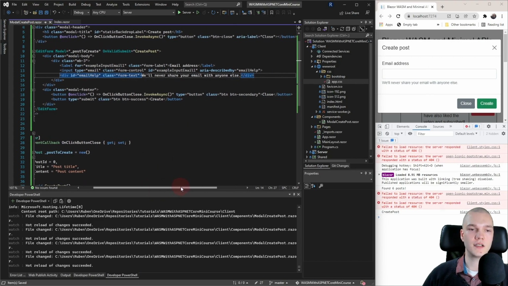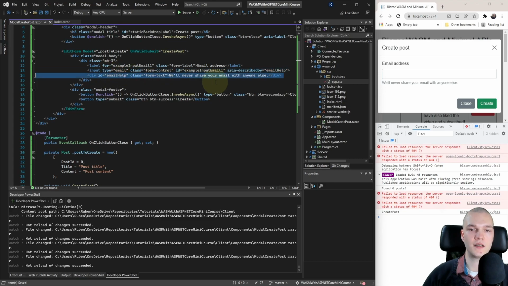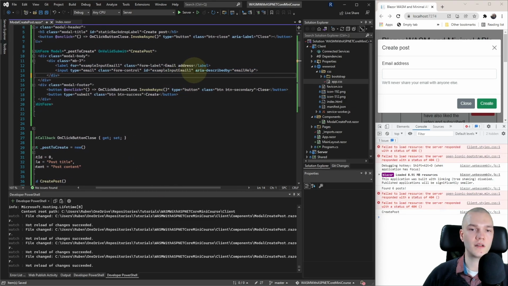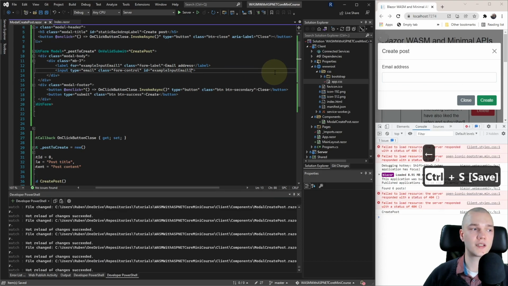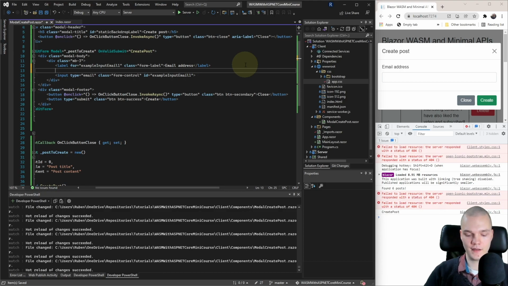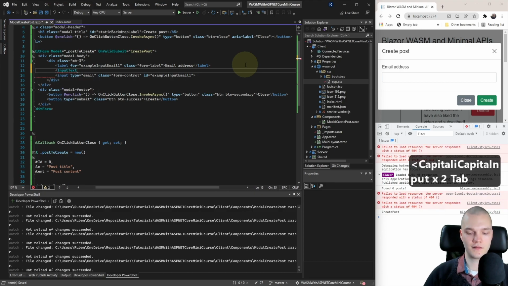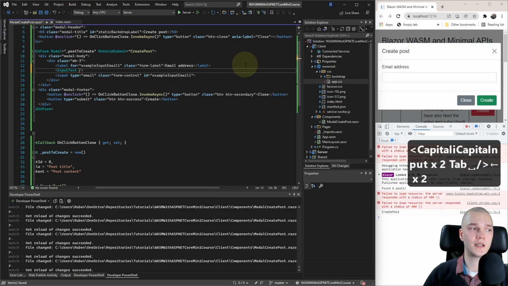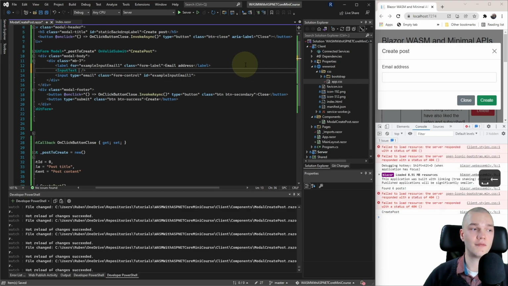And let's change this a little bit, so we don't need this help text. So I'll delete that, and I'm gonna remove the aria-describedby from the input. And Blazor actually has built-in input components, so let's just use those. So above the input I'll add InputText, make that self-closing, and that has a @bind-Value parameter so that we can tell the EditForm for which value or property of the model this input field is for.